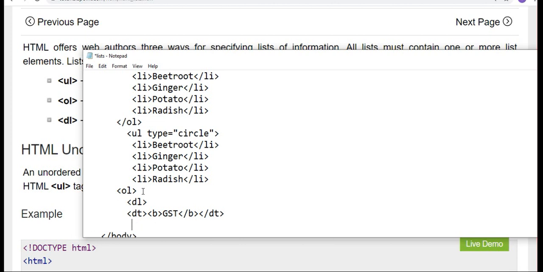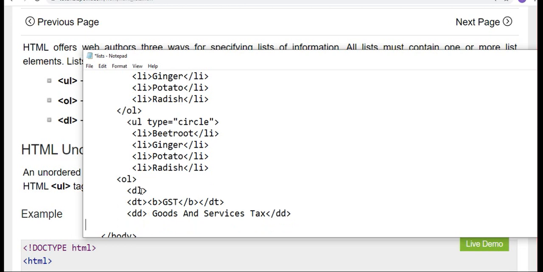Then we'll go with DD, data definition. What is the definition of GST? Goods and services tax. So DD will be closed, and then finally the definition list will be closed.